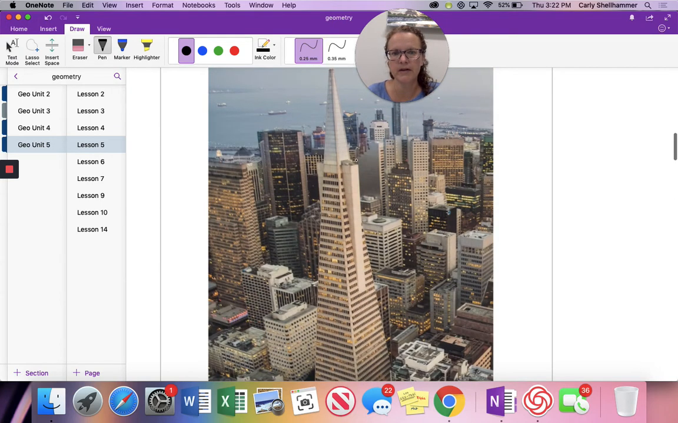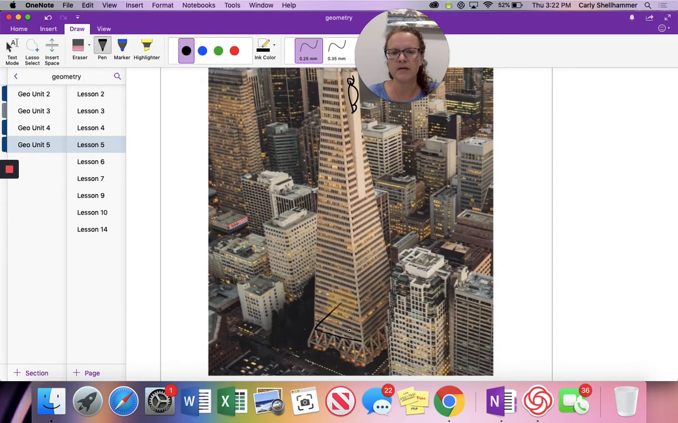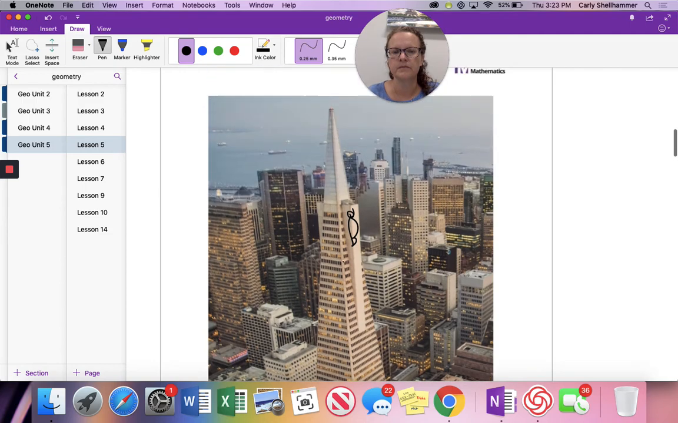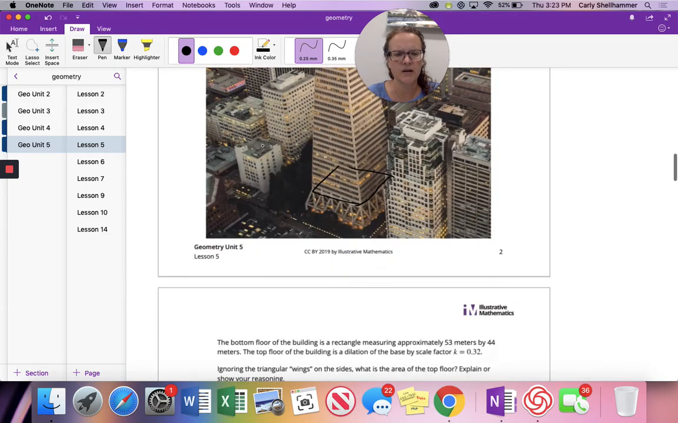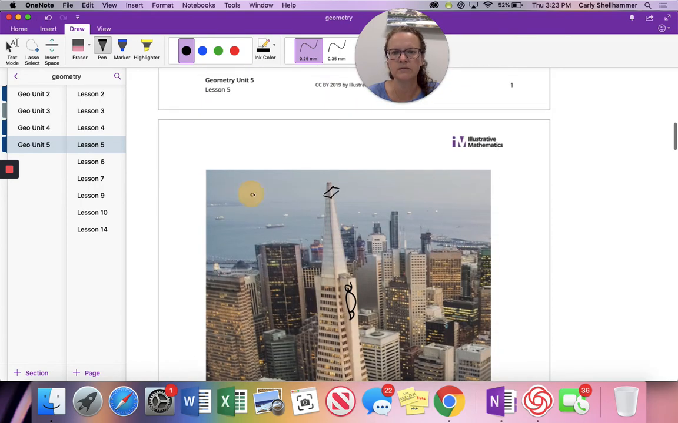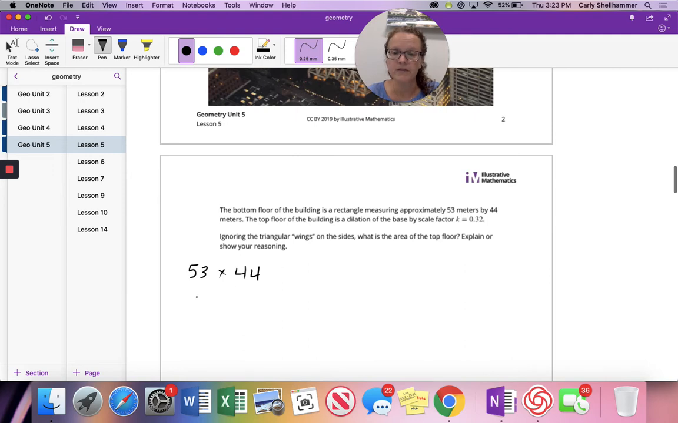So we're ignoring these, but we go from the bottom up to the top. Okay, it's a scale factor of, they said, 0.32. All right, so I can take each side and scale it down. And that gives me,